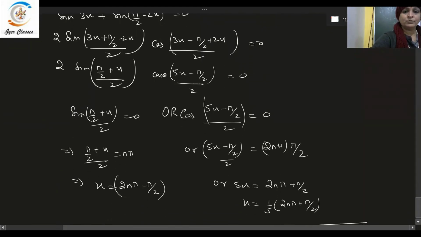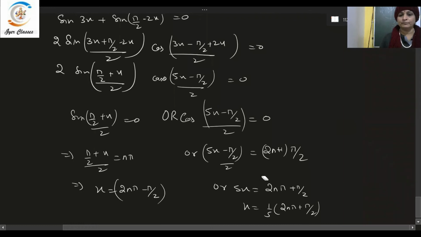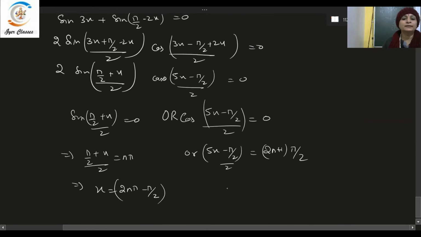सॉल्व करके आप लोगों को कुछ इस प्रकार से मिला बच्चों? मिला इस प्रकार का कुछ आंसर? हाँ, क्या आया फाइनल आंसर? कॉस का फॉर्मूला है ना? तो